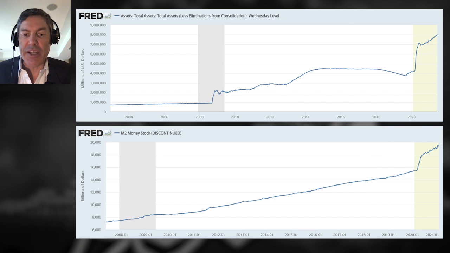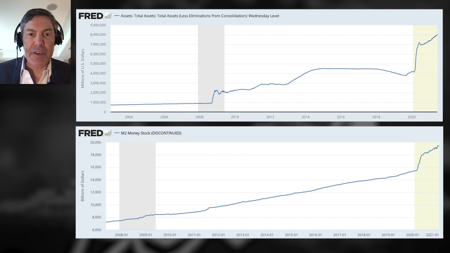Nothing really changed until we got to the covid sickness, and you can see that the line for M2 money supply almost mirrors the line for the Fed's balance sheet. They're almost identical. And this again shows us that the increase in M2 money supply most likely was a result of the Fed increasing their money supply by creating fugazis, bank reserves, out of thin air to buy those treasuries directly from the government, and then the government spent the funny money into the economy.